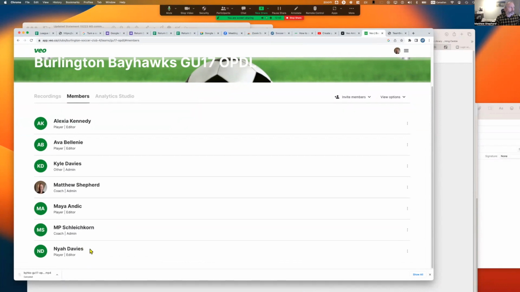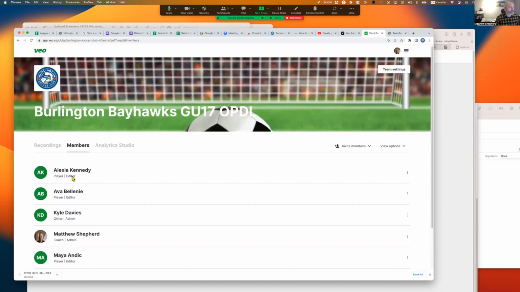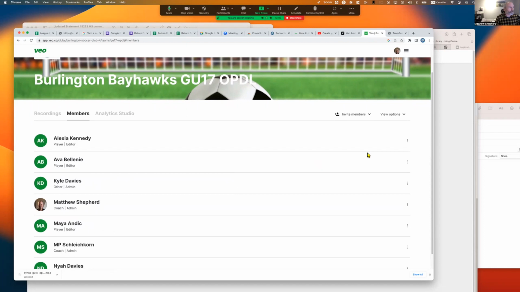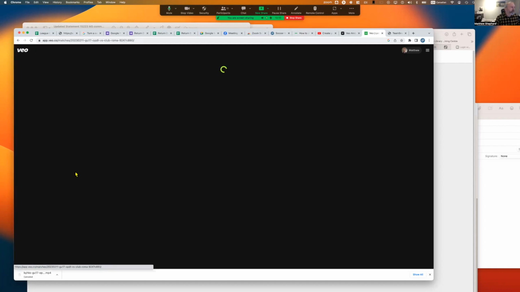So keep accepting those invitations, because then you're now added as editors for the younger ones. The older ones, you'll have the same access. You'll be editors as well. And why that's important is so then you can actually edit your own clips and start to develop the skills you need within VO. So if I go to the game against Roma,